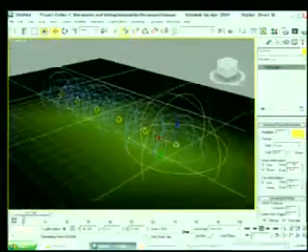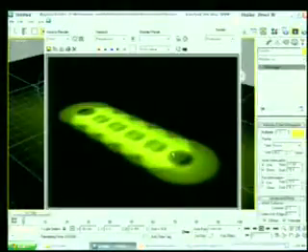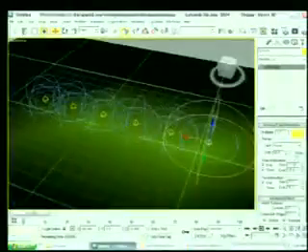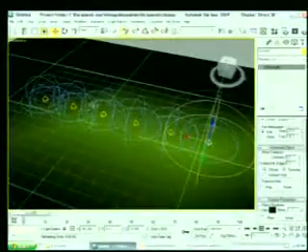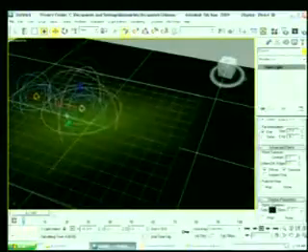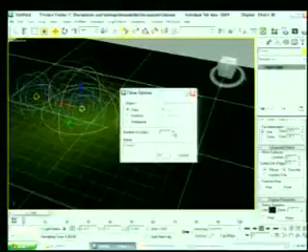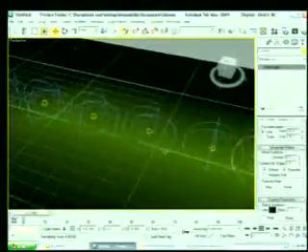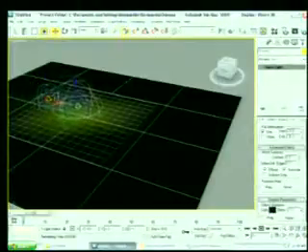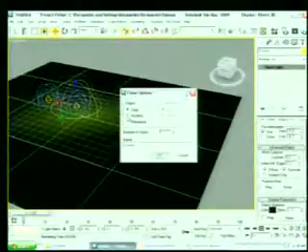I take a copy of these lights, see the effect. Again I am taking a copy and put here an instance,